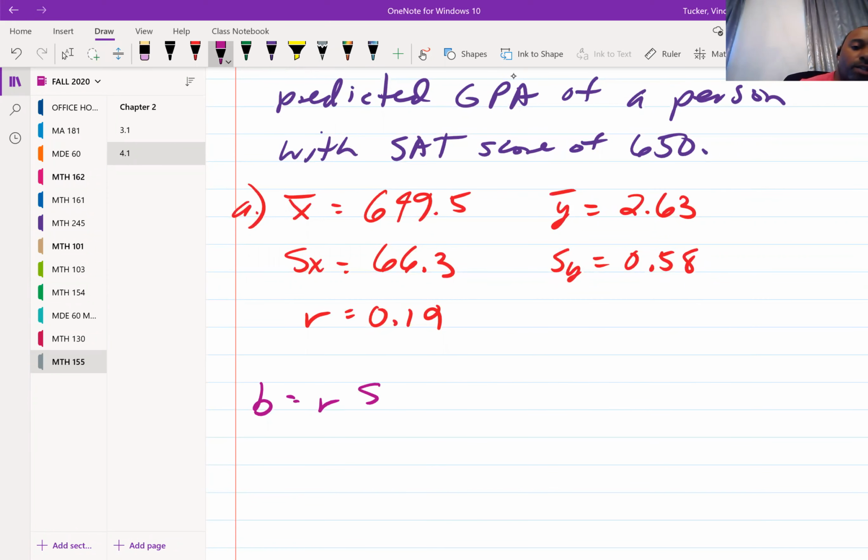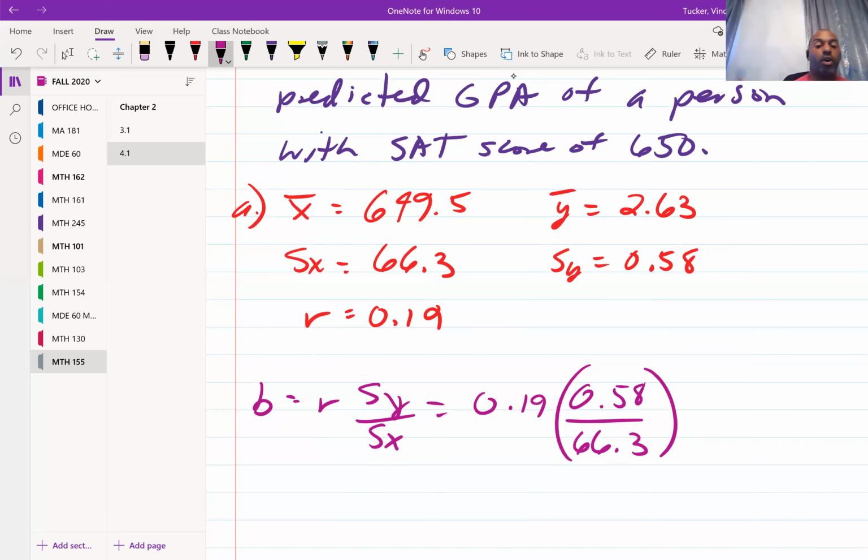That is R times S sub Y over S sub X. So R is 0.19, and we're going to multiply that times 0.58 over 66.3. And all of this matters, and that's why, when we get to X and Y, your order will matter: which one you choose to be X, which one you choose to be Y. And 0.58, and that's going to be